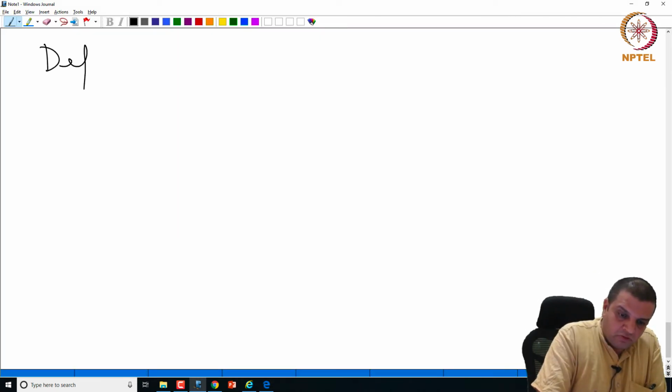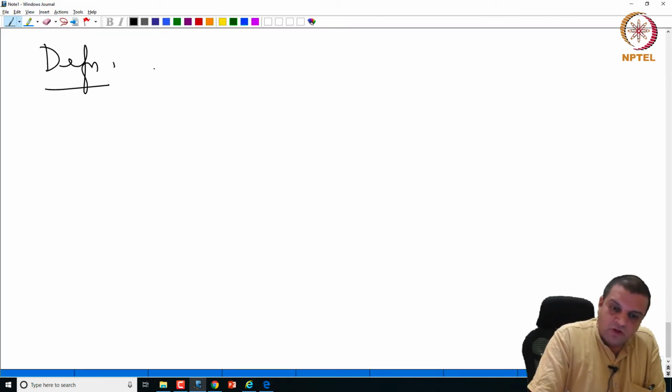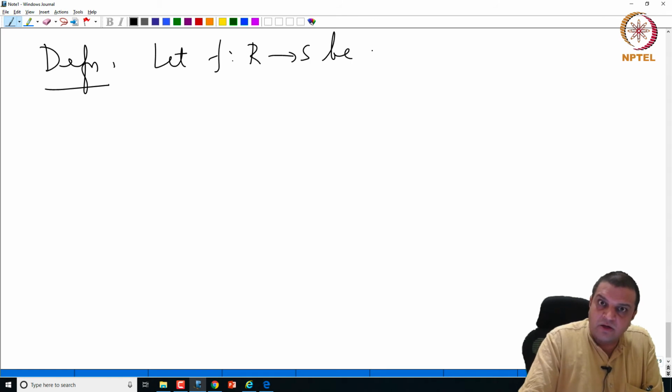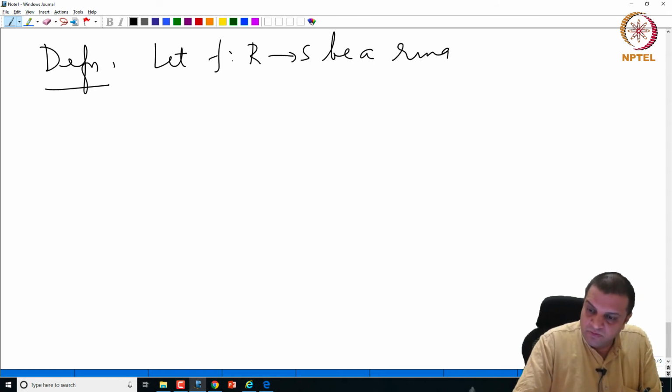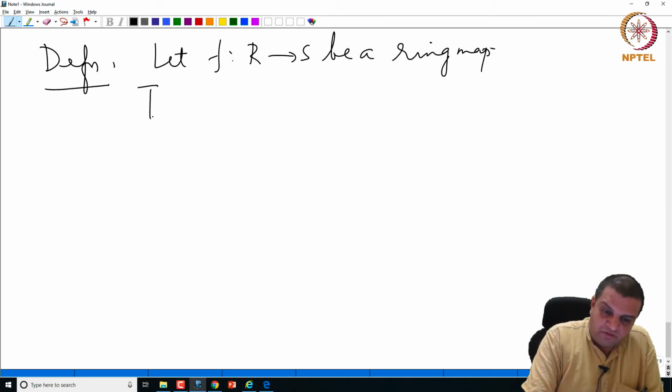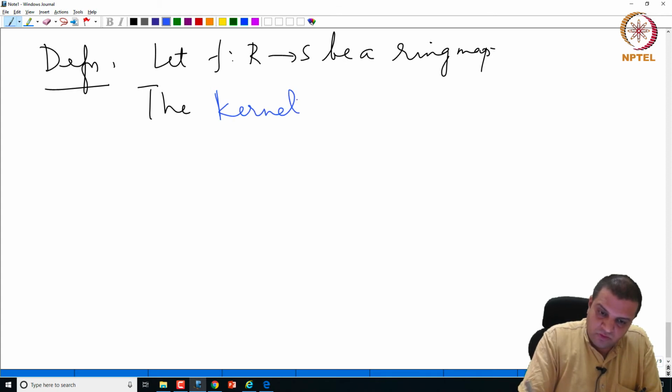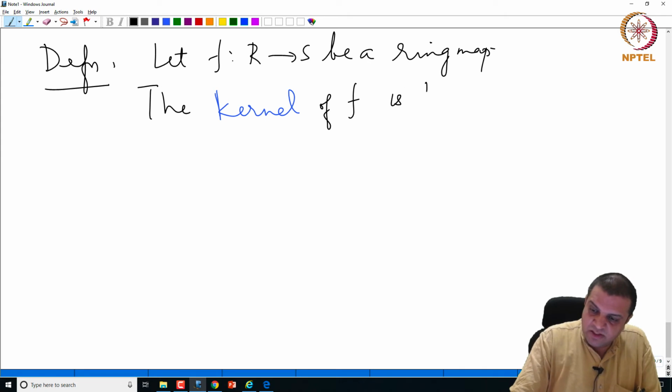Definition. Let f from R to S be a ring map. The kernel of f is the set